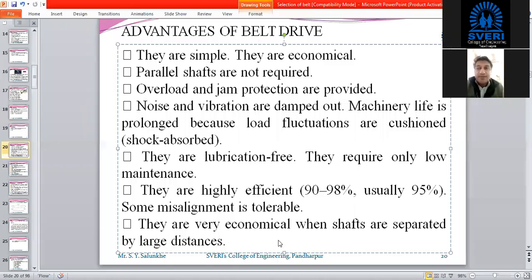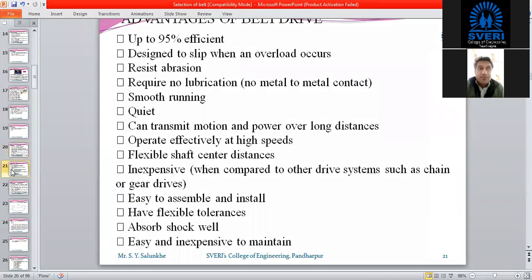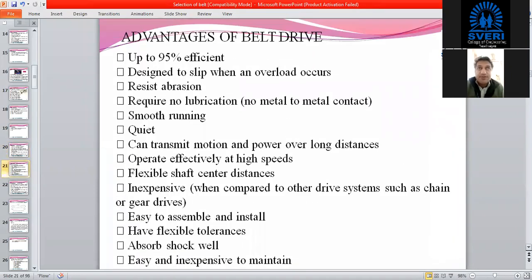Let me share these slides once again. Yeah. So these are some advantages of belt drives. Likewise, there is a list of disadvantages also. So we'll move to the next slide and see the disadvantages of this belt drive. Now the efficiency about which I was talking is comparative. It can be considered a disadvantage also compared to the gear drive. Up to 95% only we are going to get as efficiency, and the rest of the 5% we are wasting. But that wasted power can be optimized in the case of gear drives.